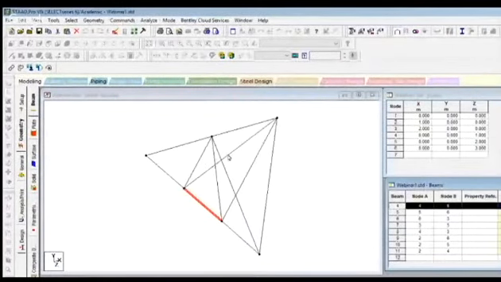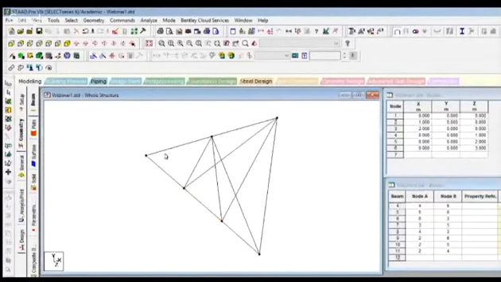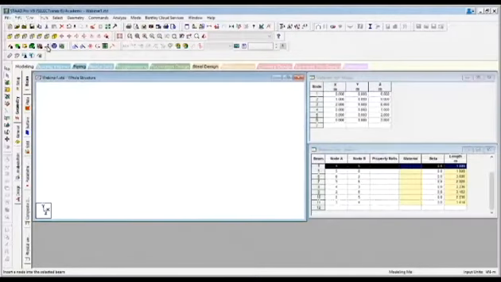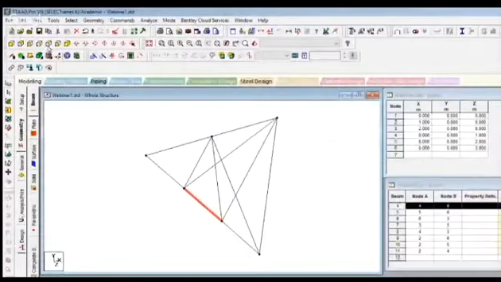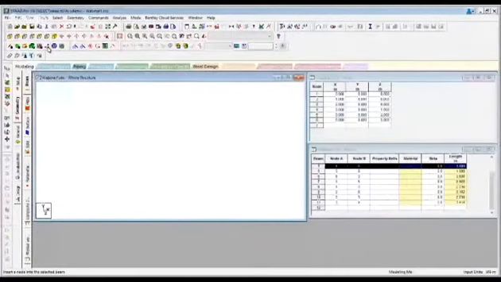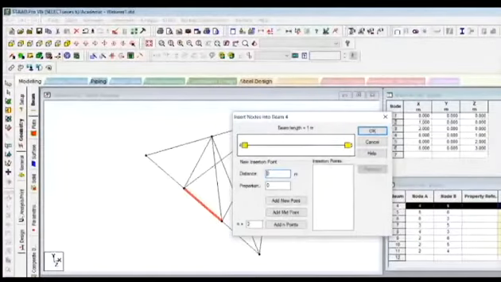So as soon as we have created this planar geometry and we have selected this beam, in this beam we are going to add a few nodes. Suppose you want to add some midpoint. There is one command called insert node. As you can see in this icon, there is one insert node. So click on the insert node, then this window will appear.